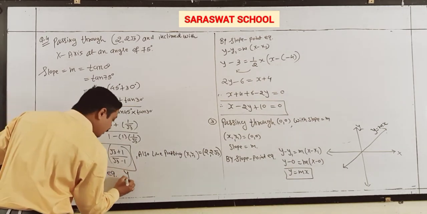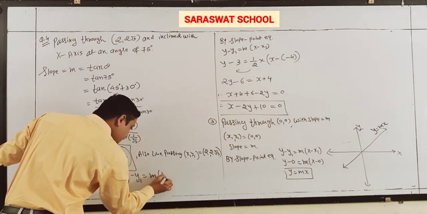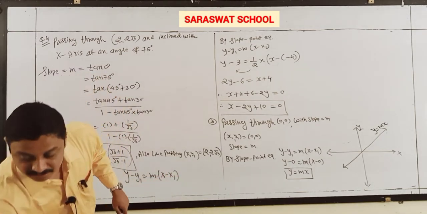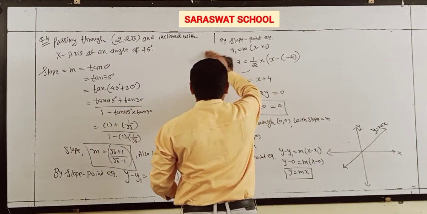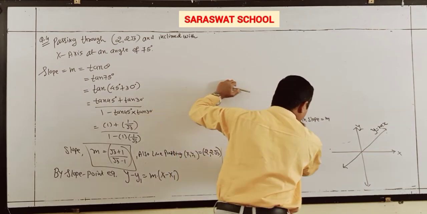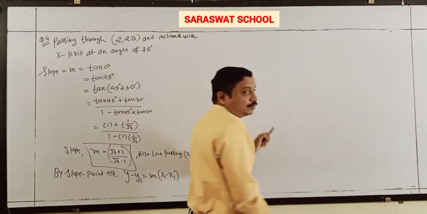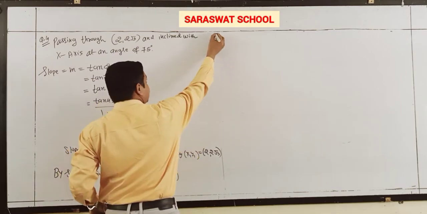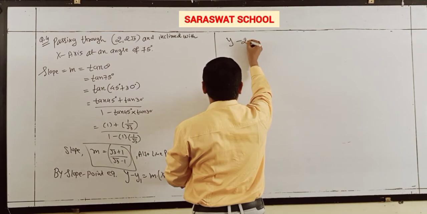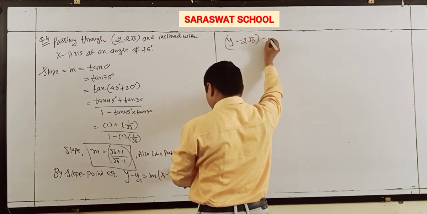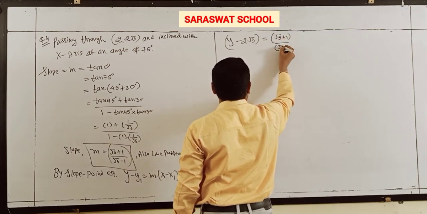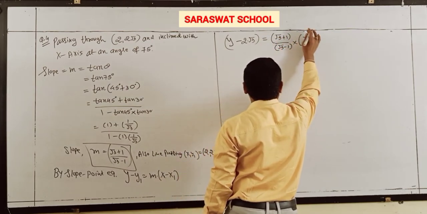By the slope-point equation, you already know that y minus y1 is equal to m(x minus x1), and here, students, you will apply all the values respectively. Then you get the answer in a simple way. So our target is achieved. y minus, what is y1? y1 is 2√3, and the slope m is (√3 plus 1) upon (√3 minus 1), and x minus